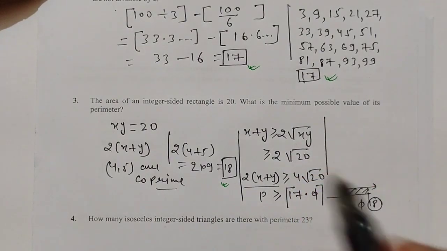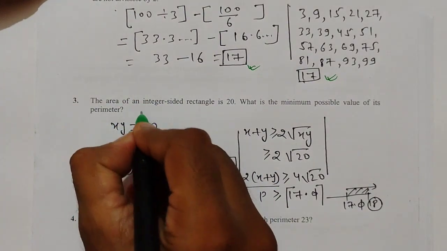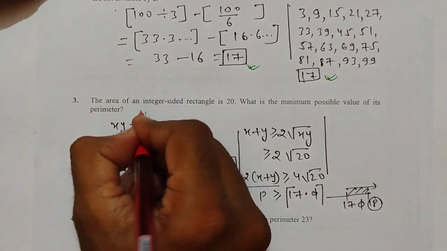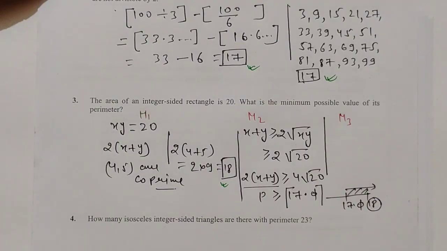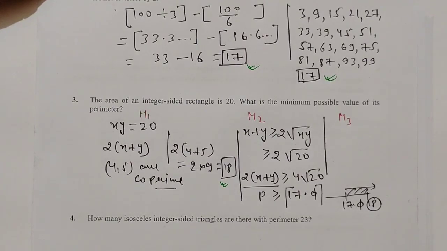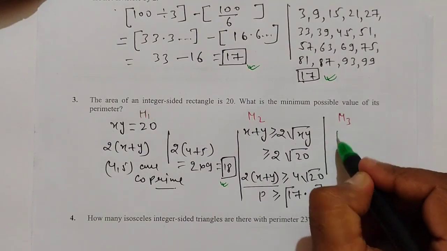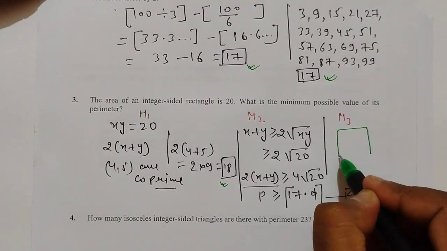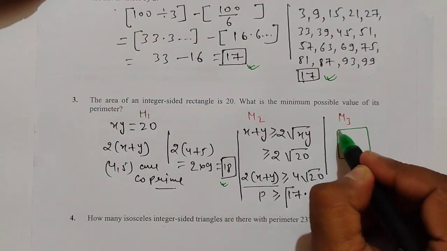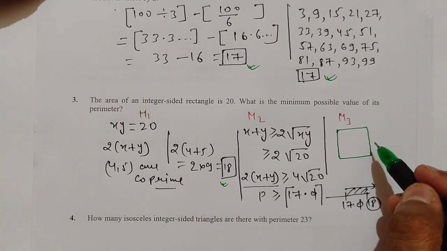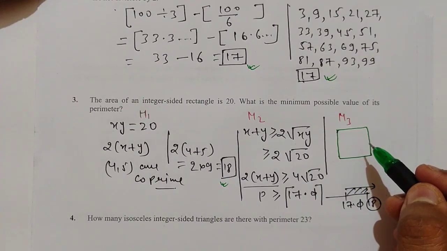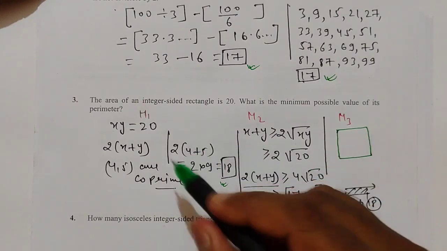Also the third method we have, this is the first method, this is second, and the third method is, we know that if we use a square, means all the sides are equal, it will give the required perimeter. So if we have the area is 20,